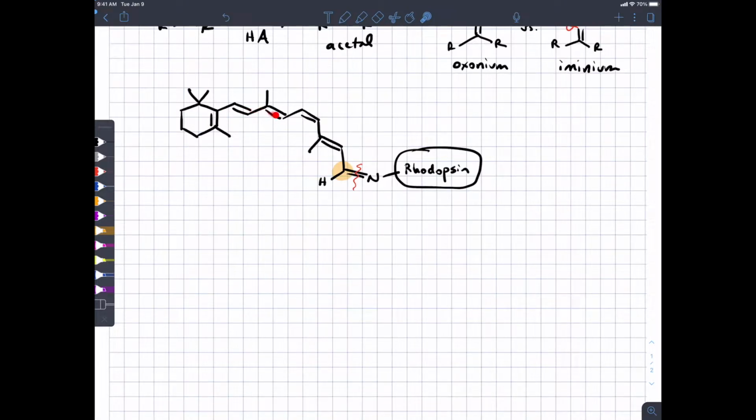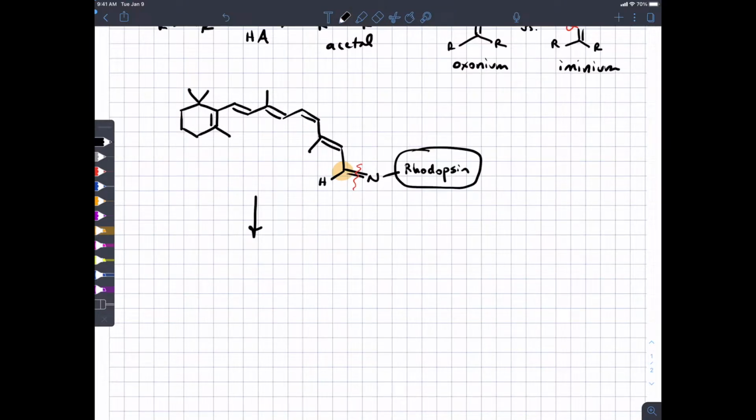And this molecule is highly conjugated and therefore can absorb light in the visible region. The surroundings of the environment of that molecule in the interior of this protein can alter the wavelength at which this molecule absorbs light. And so some rhodopsin proteins absorb in the red, some in the green, some in the blue. And this is how we perceive color. The fact that this group, this large conjugated group, is attached to the protein via the imine linkage is important